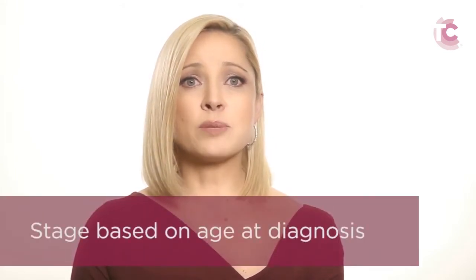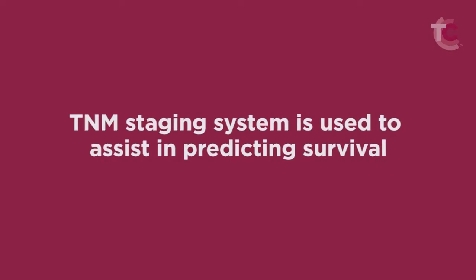the aggressive behavior. It is important to understand that the stage of a tumor does not change for a patient simply by virtue of growing older. The impact of age on staging is based on the age at diagnosis. The purpose of the TNM system is to assist in predicting survival,